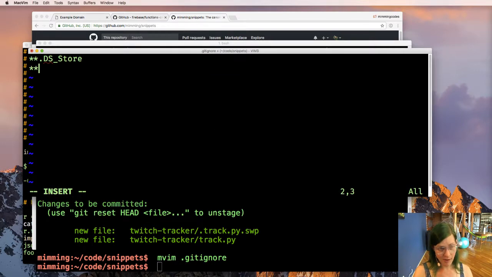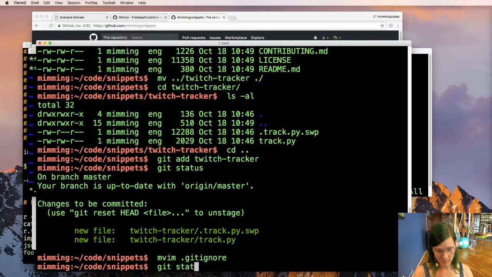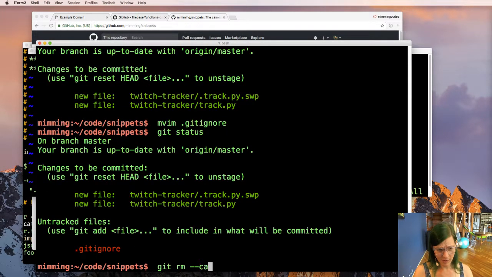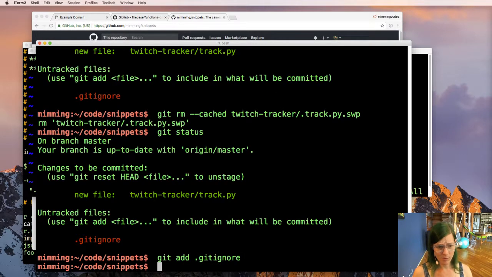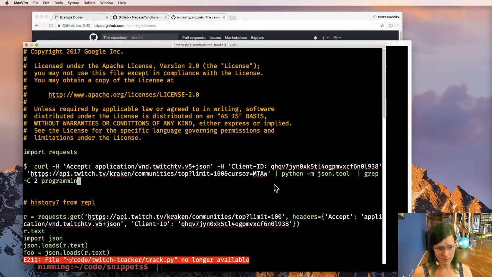And let's get rid of swap files. Let's remove our existing swap file. Hey! Okay, we're going to add a gitignore.